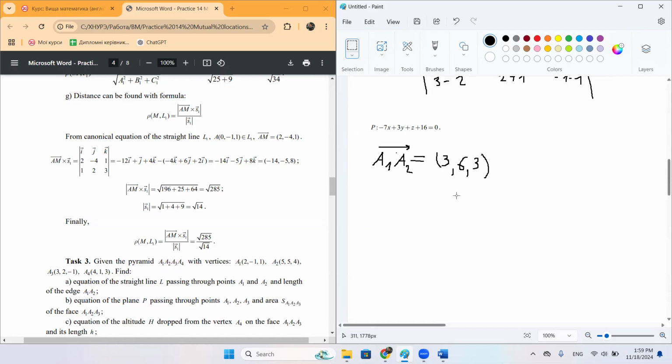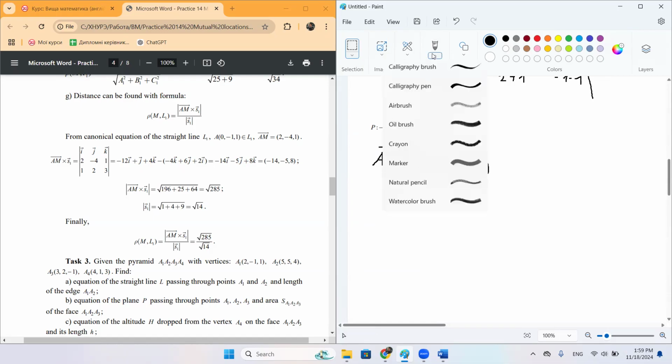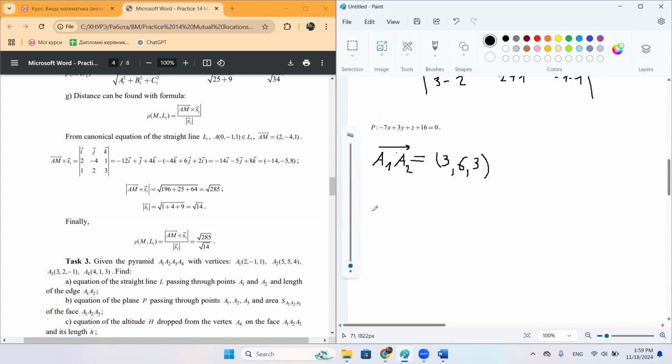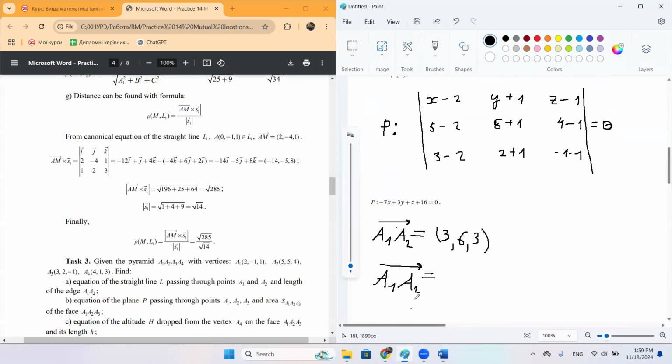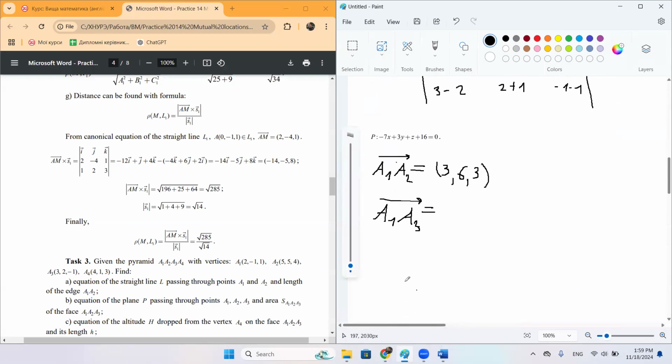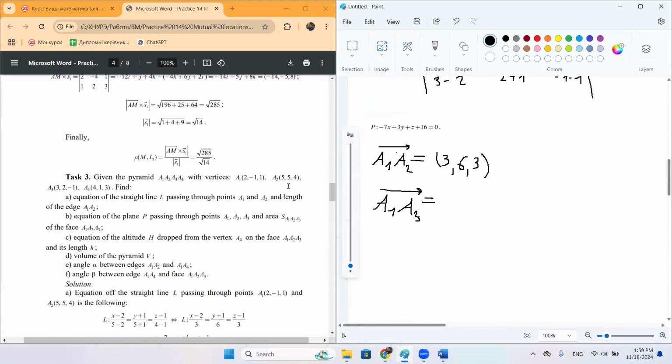Be careful with that when doing your home tasks, your homework. So A1A2 has the next coordinates, and A1A3